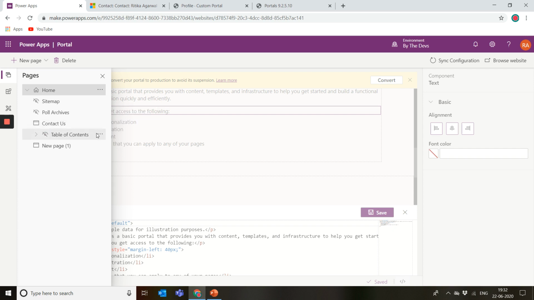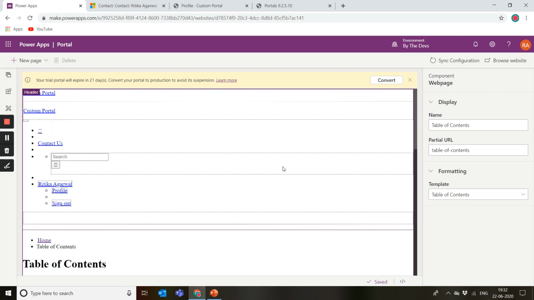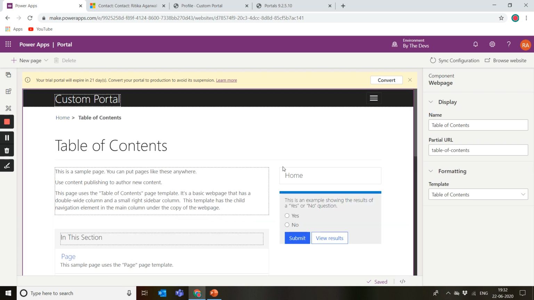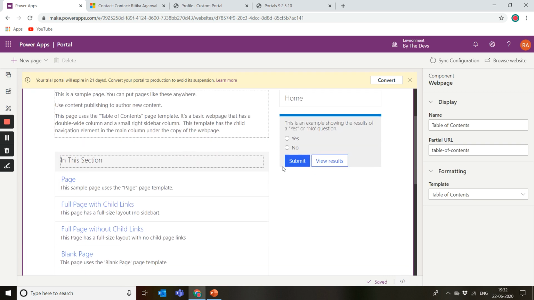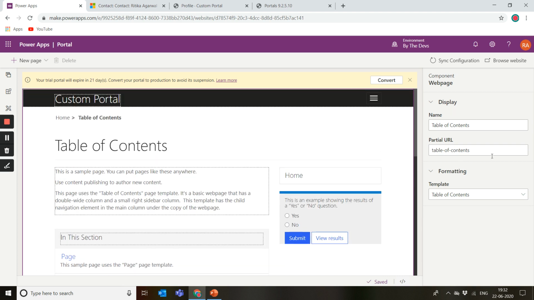While working with this editor, I would suggest you wait until the preview is loaded, because if you are making any changes in the middle, they are going to be cached out, and they'll just be removed, and there will be no backup for that. So until this page is loaded, don't make any changes on any of the properties, because there is a high chance that you'll lose those changes.